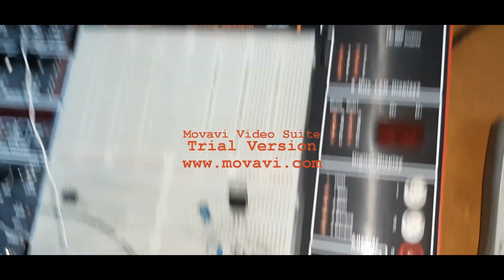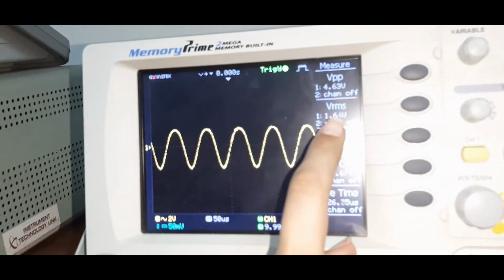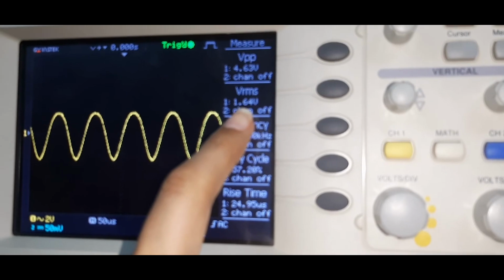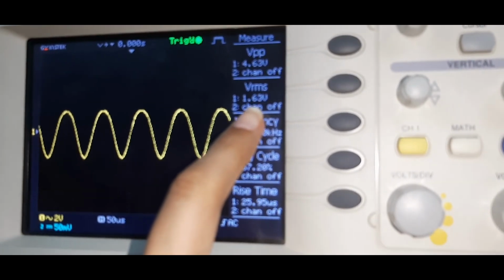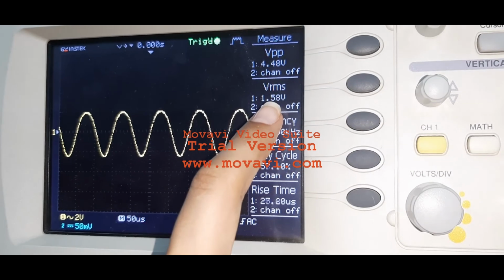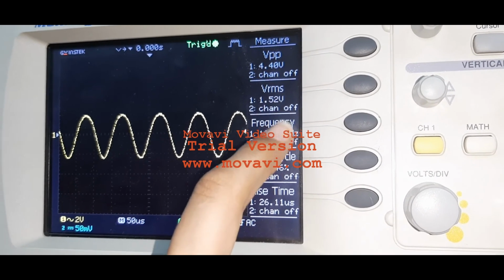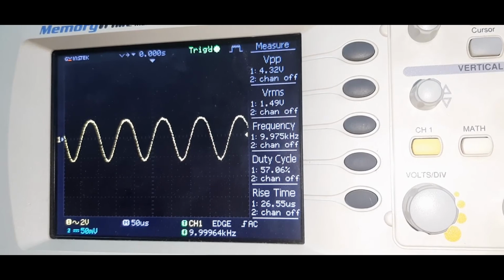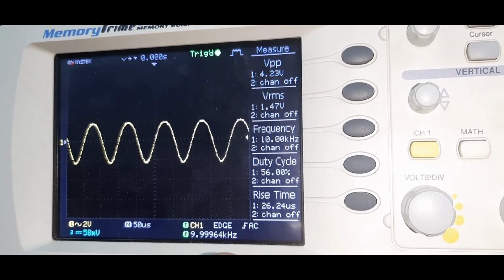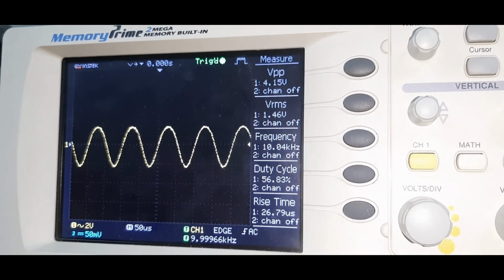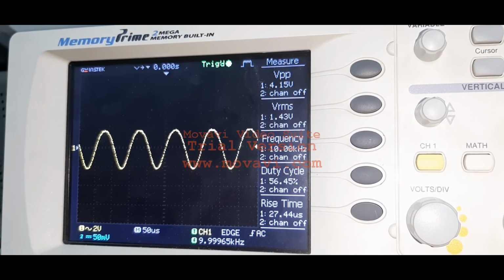And you can see at the output that the output voltage became half as compared to previously, because previously the output voltage was 3.03, and now it is approximately half of that, which is 1.54, while the frequency will be the same. This is showing that when you connect a load of equal value to RC, then the voltage will be equally divided.